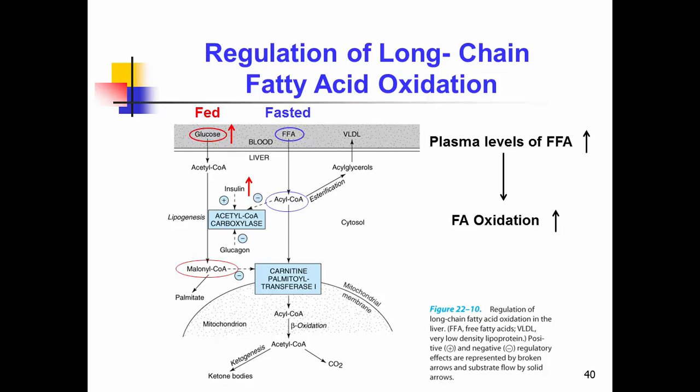So once ACC activity increases, that will lead to increased formation of malonyl-CoA. Does that make sense? So under the fed condition, when we have high glucose, high insulin, and high ACC activity, the malonyl-CoA formation is increased. So malonyl-CoA level should be high under the fed condition, and this will inhibit the